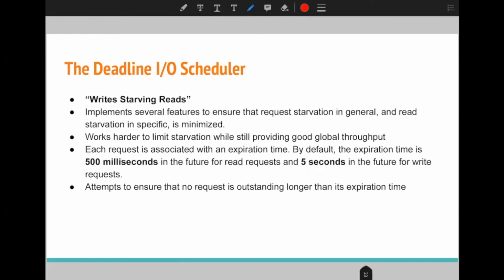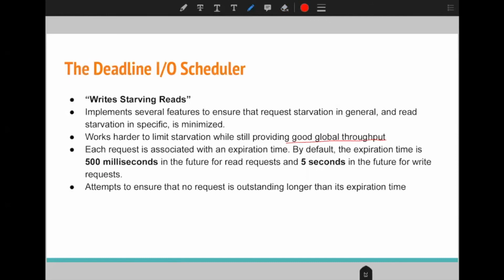When we are updating the disk, it is obvious that the application can wait, because it has to write to the disk. But in the case of a read, we have to fulfill the read request as soon as possible. So when we minimize the read latency, this scheduler tries to provide good global throughput.